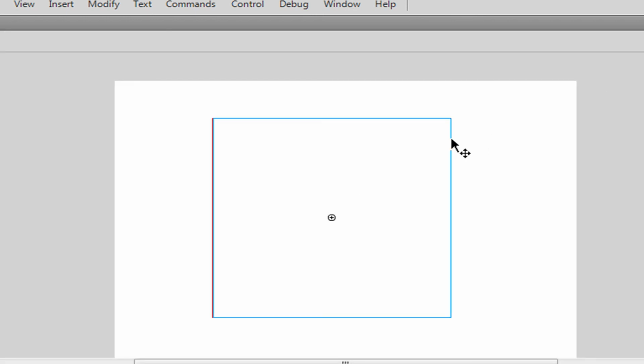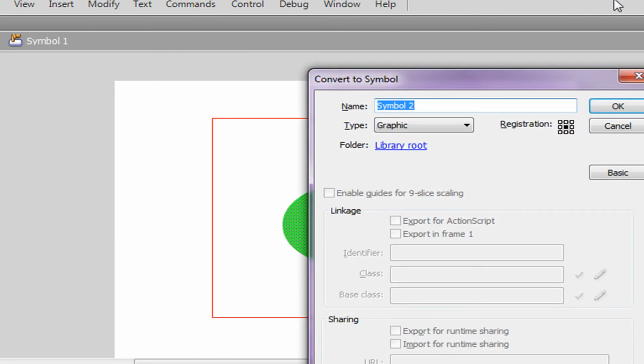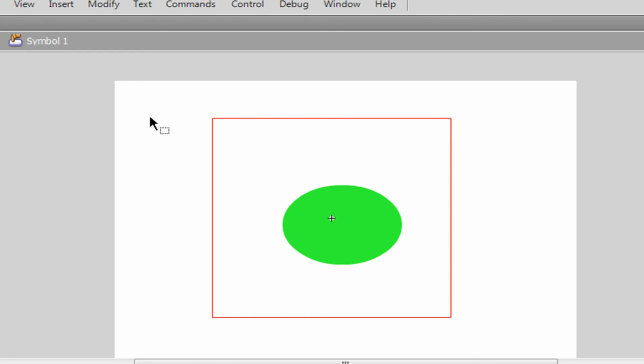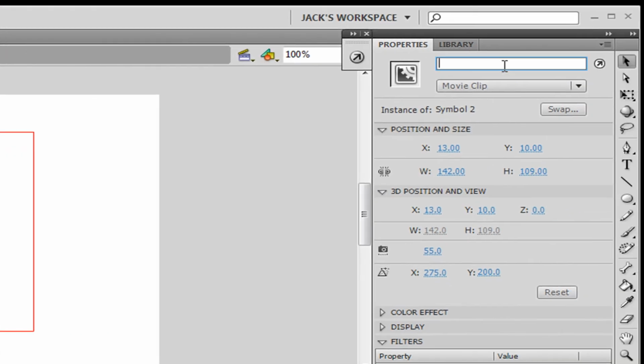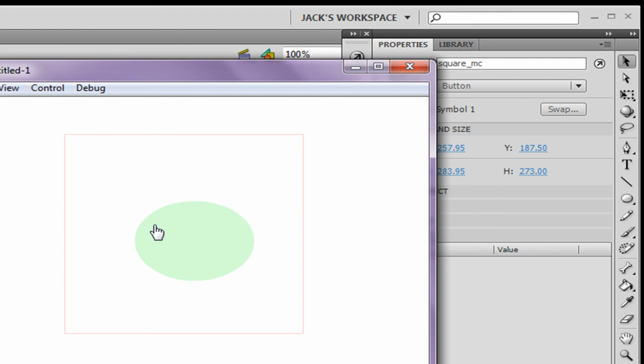Now let's say that you had, I'm going to go into this movie clip really fast, and I'm going to make a shape with no stroke. I'm going to make it green. I'm just going to make a circle. I'm going to convert it to a symbol. I'm going to make it a movie clip, basic. I'm going to type in symbol 2, press OK. And if we were to go back, we have to type in the instance name. I'm going to make it circle underscore MC. Go back to scene 1, and if we were to play this movie,